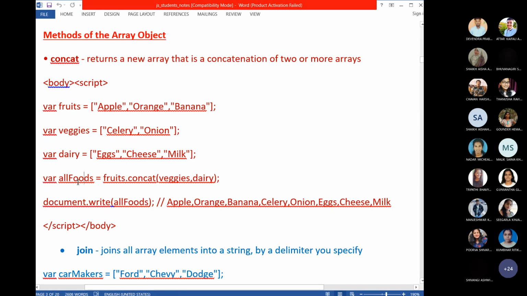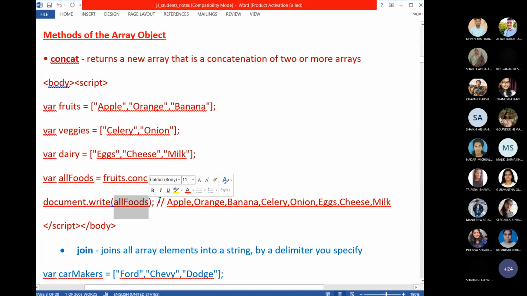Now if you want to display allFoods, how will you write? You will write the print statement, which is document.write, and within the bracket you will write the array object, the same way as you write any variable in a print statement.